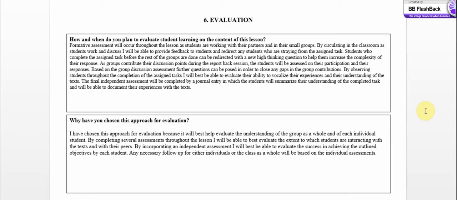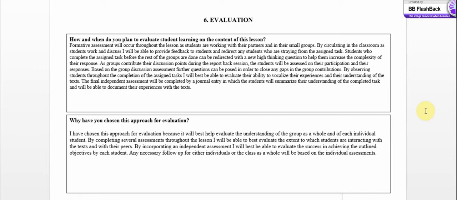I think that it's very easy for students to stray, particularly if you have students who are perhaps a bit more advanced. They read faster than other students. They might complete the task in a shorter amount of time. So by being able to provide feedback, I can redirect perhaps students that complete the task ahead of time into a new higher thinking question that can maybe take them to the next level of complexity as far as their response. As groups contribute their discussion points during the report back session, the students will be assessed on their participation